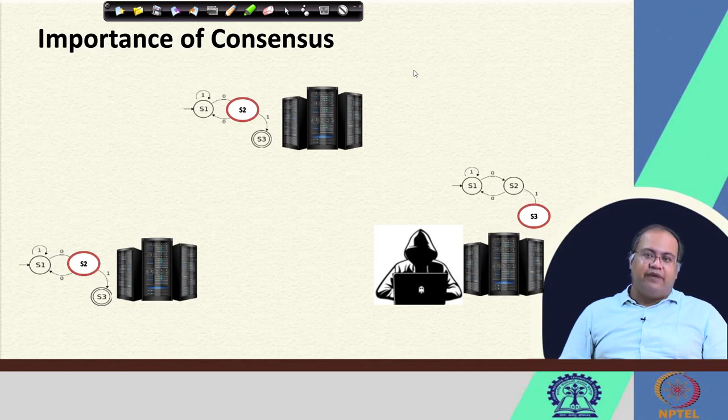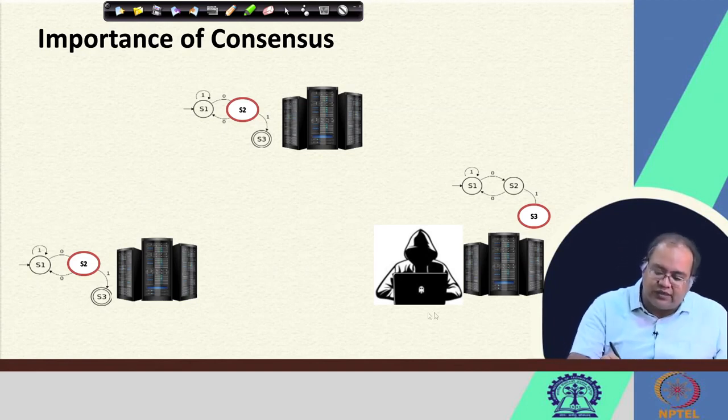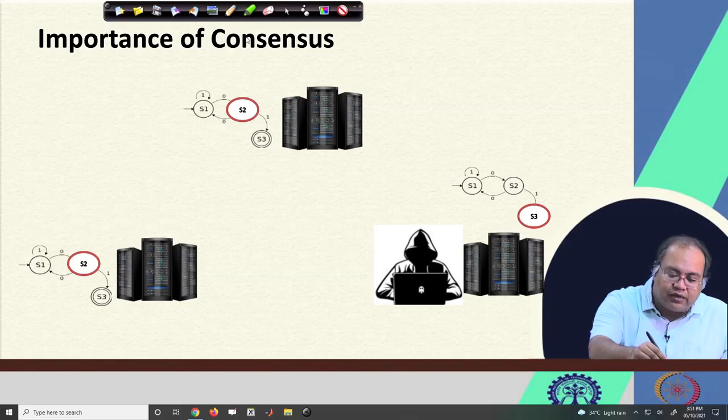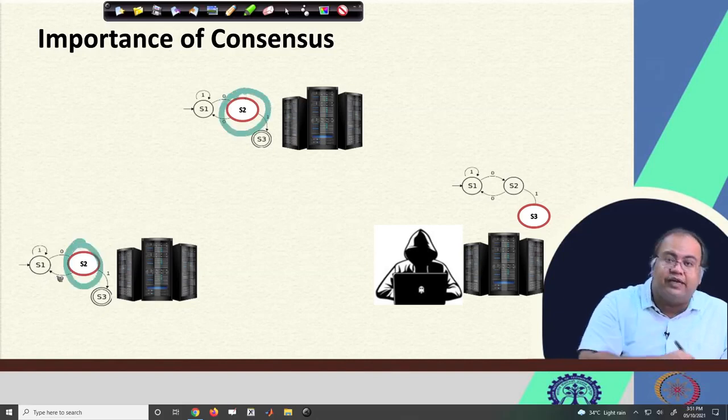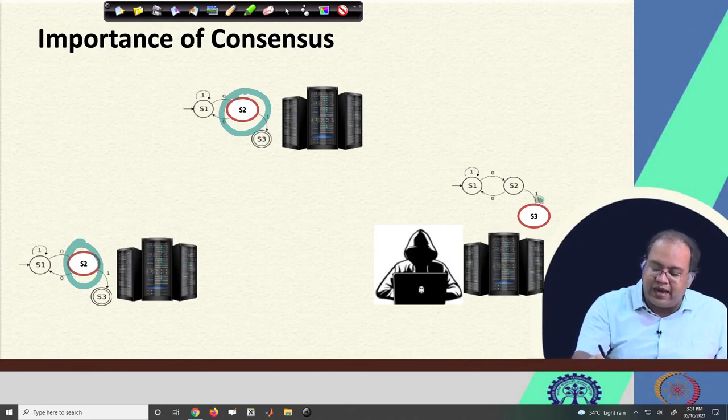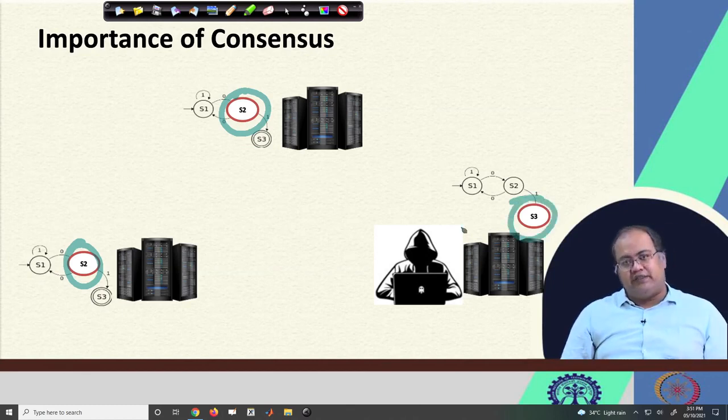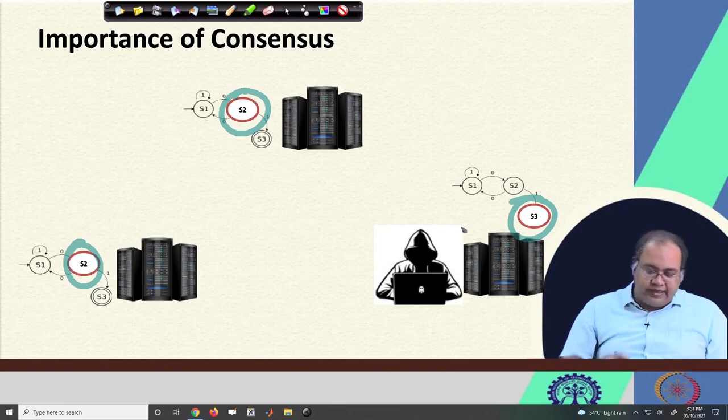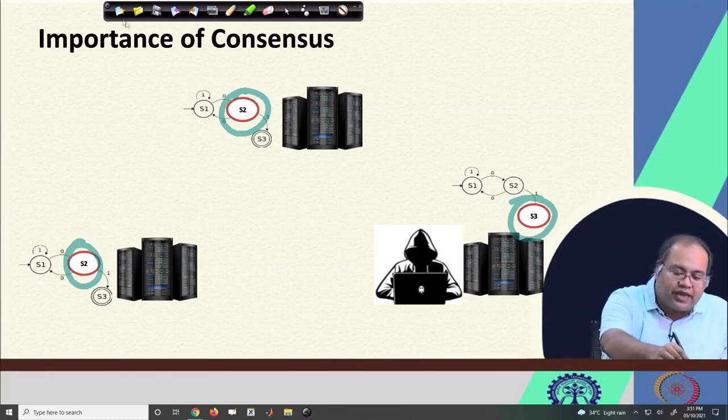Now, the challenge comes here. The challenge is that if one of the state machines becomes faulty, then, assume this particular state machine becomes faulty, and when others are saying that they have reached the consensus state S2, it says, hey, I have reached the consensus state S3. Particularly because of this, we need a distributed message passing based interface through which such consensus can be ensured,